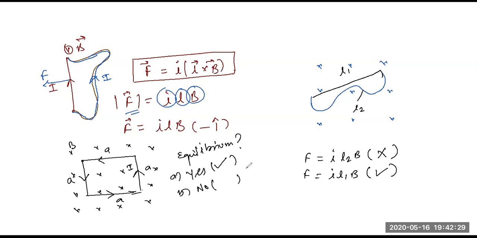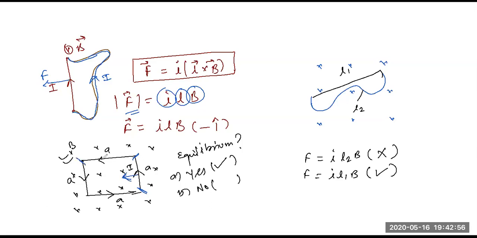Okay. Understood up to this point? Any question on this? Because next question I'm going to ask relevant to this, right? So understood this thing? Any question on this? It's in equilibrium because it's a closed loop. So force on every single, let's analyze this, right? So that you get a better picture. So if let's say I'll take this segment of the wire, then current is in upward direction, magnetic field is in downward direction, so force will be like this.